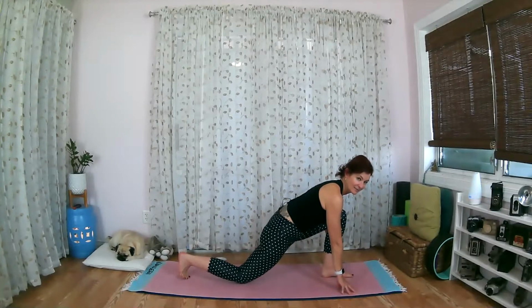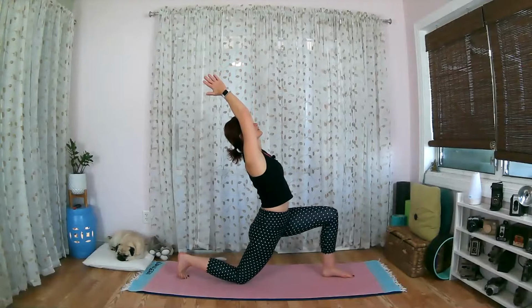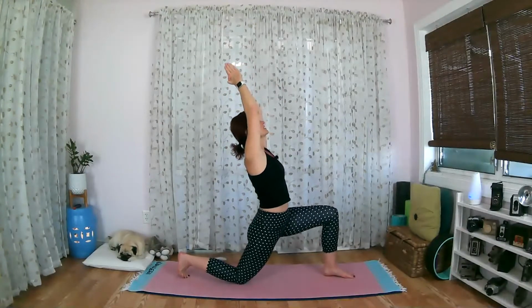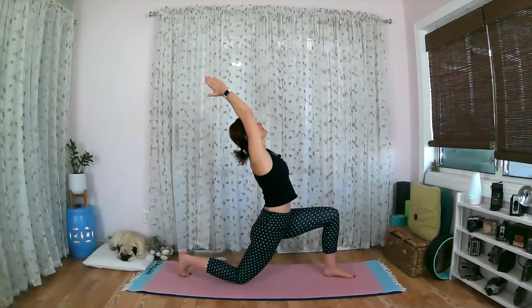open that right hip. On your next inhale, bring the hands up, palms together, arch your back, look at your thumbs. Holding here in crescent pose. If you need to put a pad or a blanket under your right knee, go ahead. Breathing for 1, 2,